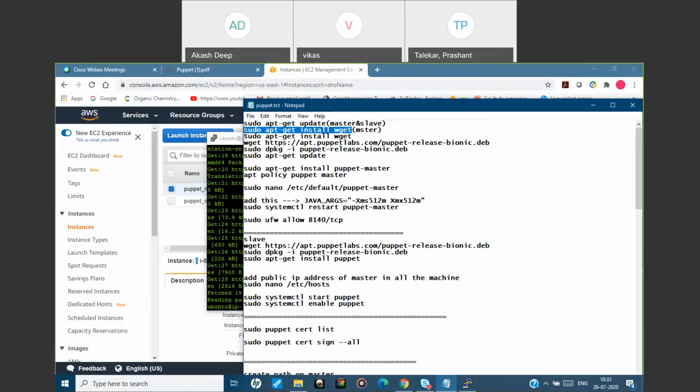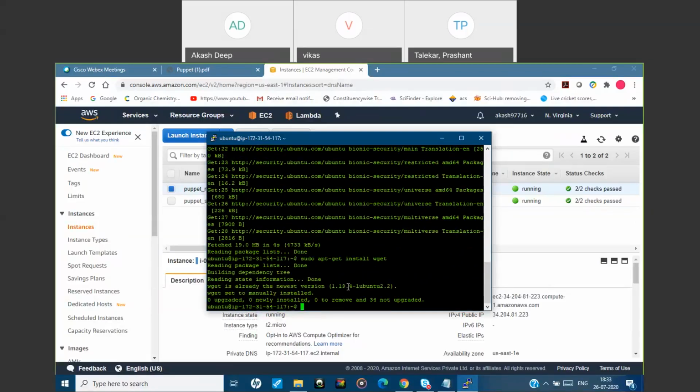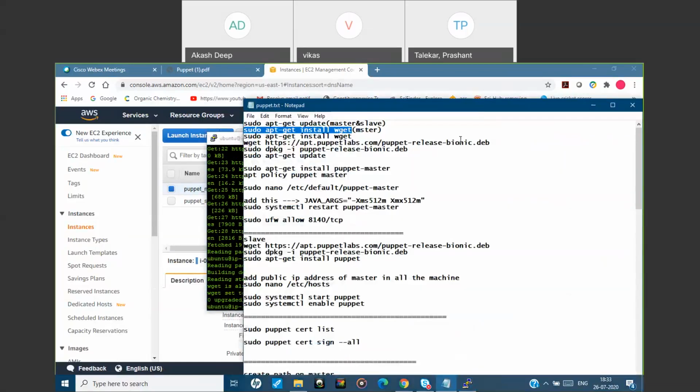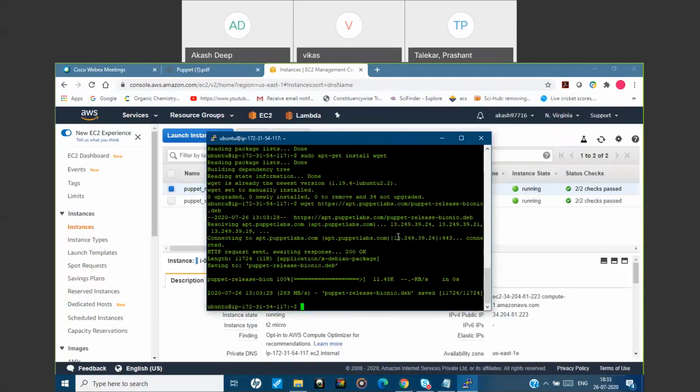Wget is there, so basically we will be taking the .deb file from this website, apt.puppetlabs.com. So now we'll unpack it.